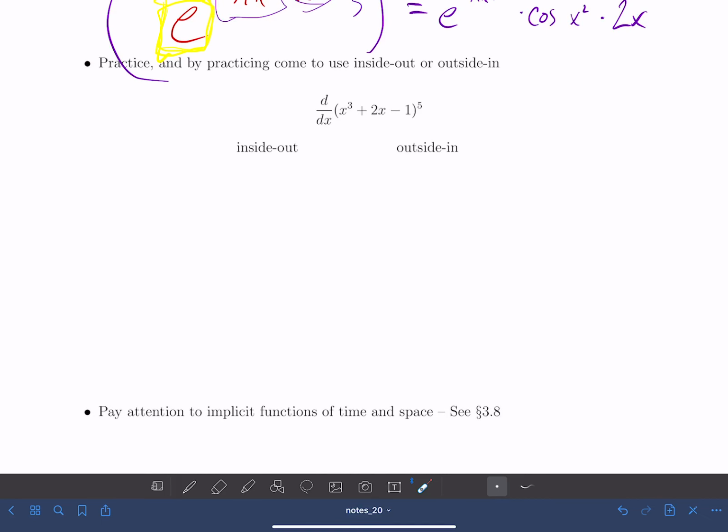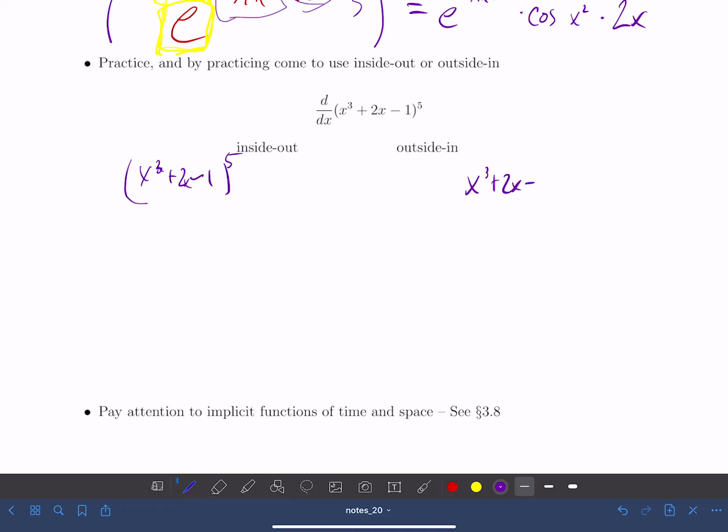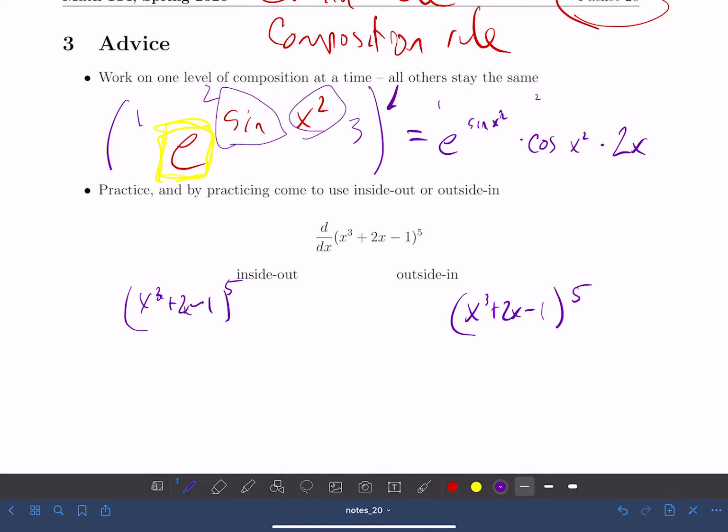I have found that there is a couple of distinct perspectives in terms of the way that we do these. So inside out, I'm gonna write the function x cubed plus 2x minus 1 to the 5th in 2 different ways. Oh, that's supposed to be minus, isn't it? So that's minus 1. Wow, that's really quite large. To the 5th. As I work through my levels of composition one at a time, all others staying the same,